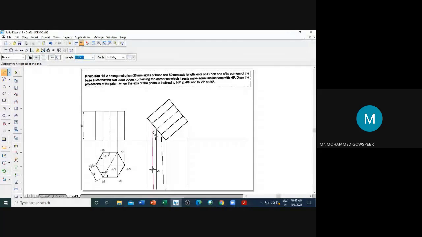Now these two lines I have drawn inclined by mistake. If that happened, you just select those lines and click vertical or horizontal, and it will automatically come.